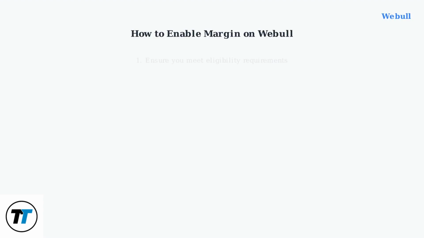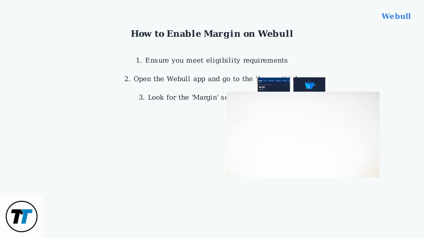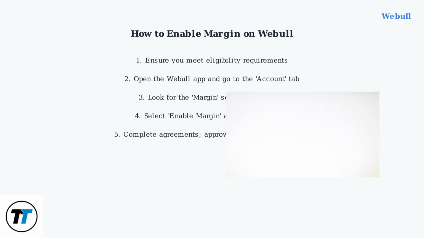To enable margin on Webull, first ensure you meet the eligibility requirements. Open the Webull app and navigate to the Account tab. In your account settings, look for the Margin section. Select the option to enable margin and follow the on-screen prompts. Complete any necessary agreements. Approval is often instant for existing users, but may take 1 to 2 business days for